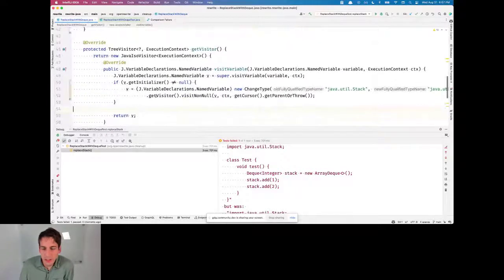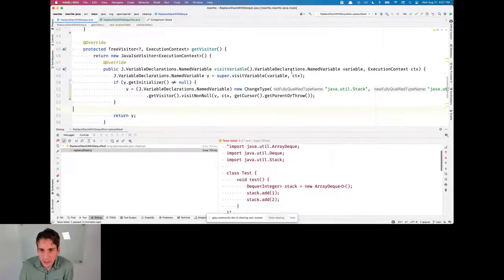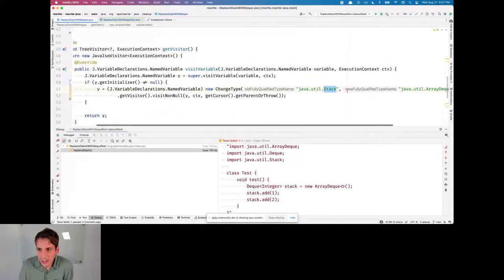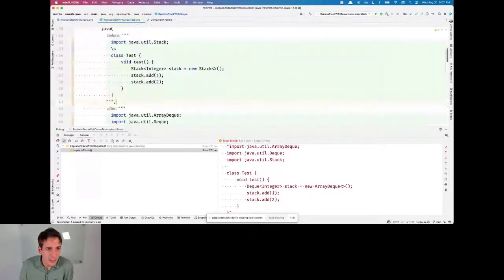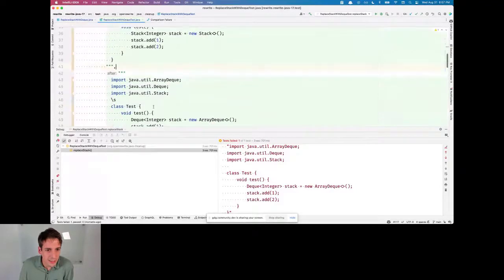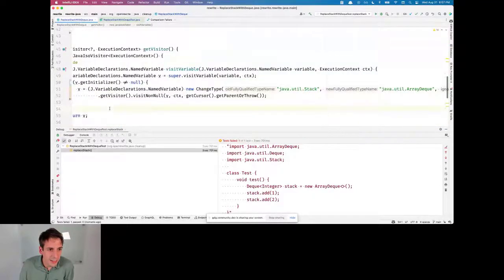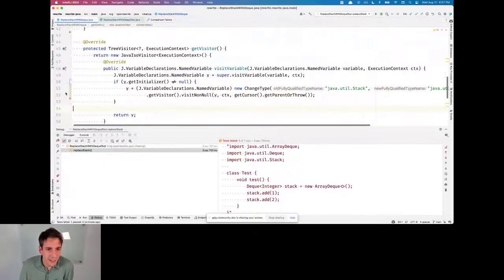Let's see. We've got stack. Live coding, it's always great.